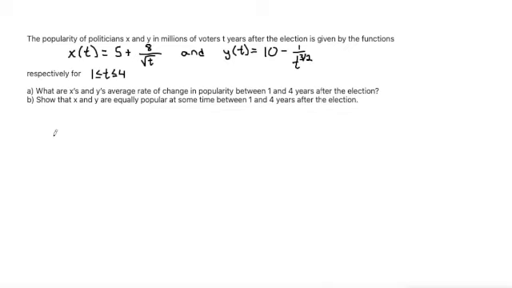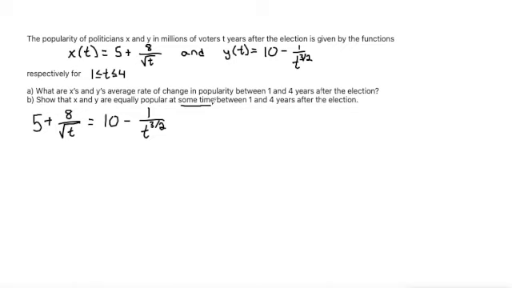So if we were to just start by setting the two functions equal, 5 plus 8 over square root of t is equal to 10 minus 1 over t to the power of 3 halves. When we set these two equal, if we can solve for t, that would give us the precise time at which they are equally popular. But this is not simple to solve algebraically, and we don't actually need to know at what time that they're equally popular. We just need to show that they're equally popular at some time between 1 and 4 years after